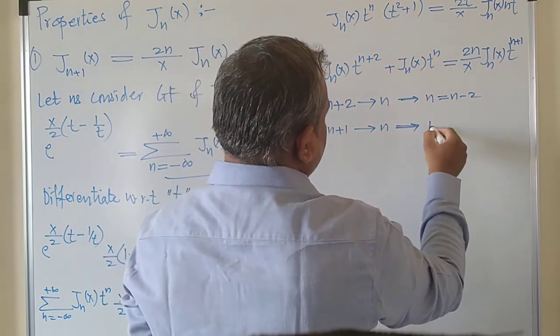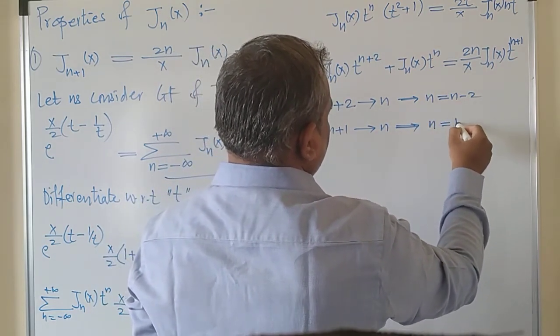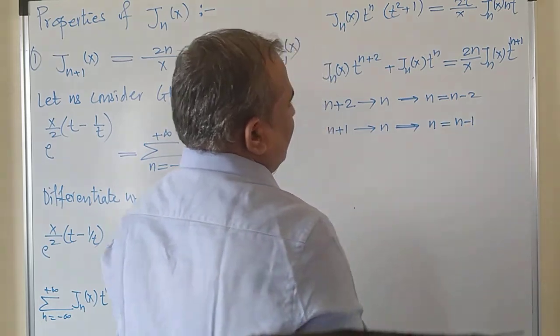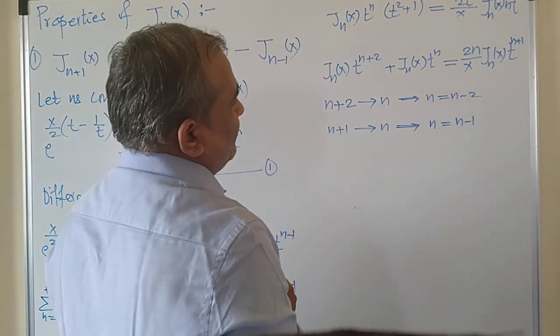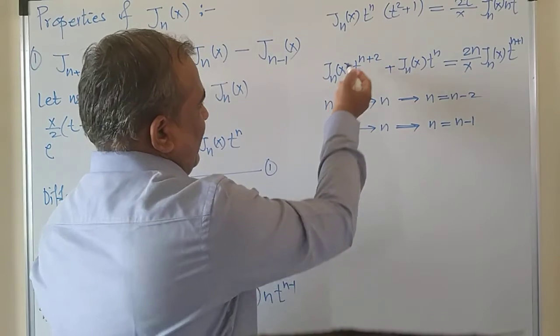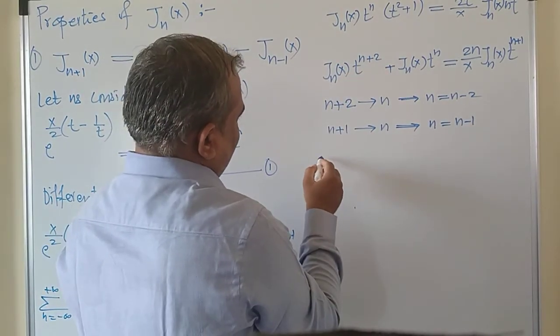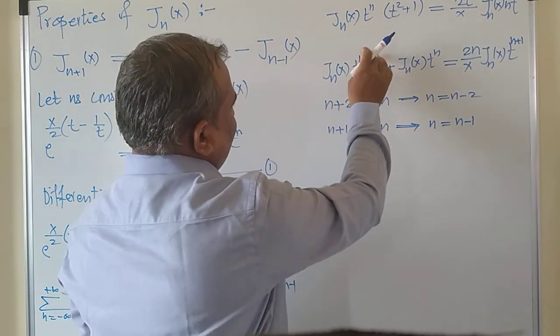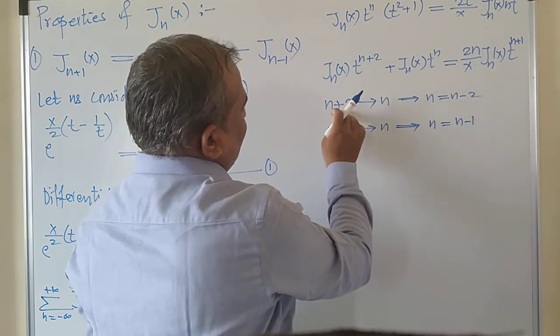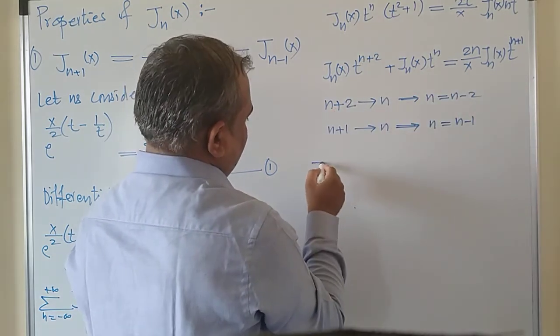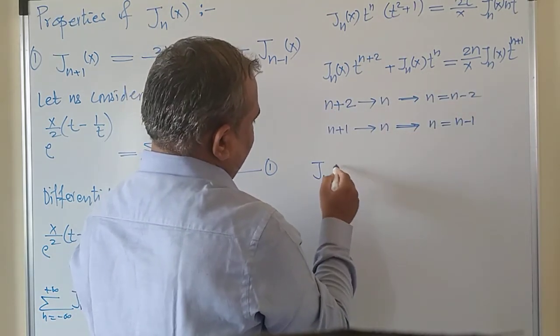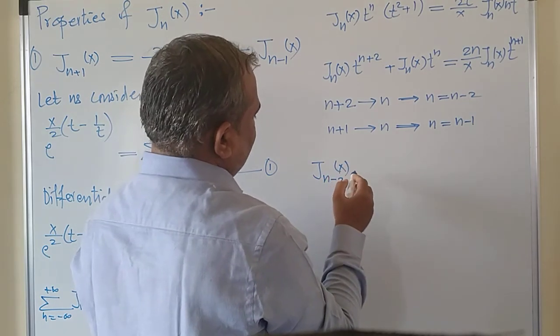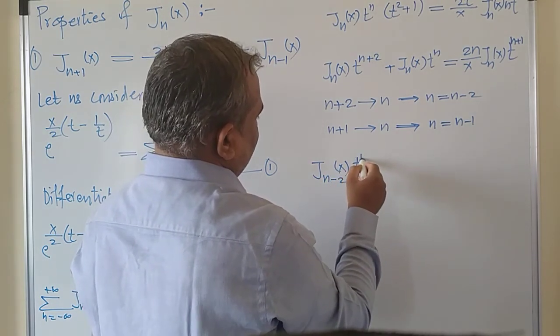This implies that you should put n equals n minus 1 in the term where there is t raised to n plus 1, and rewrite the equation. So here t raised to n plus 2 is there, so replace n by n minus 2. So we will get here J n minus 2 of x t raised to n